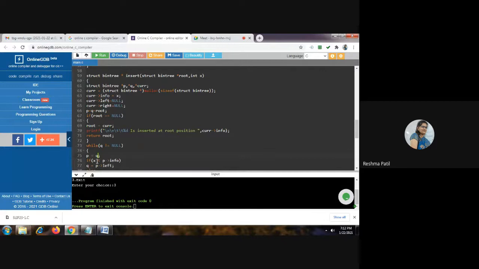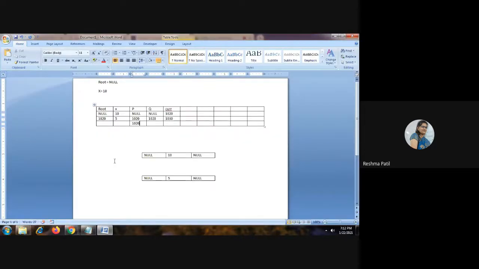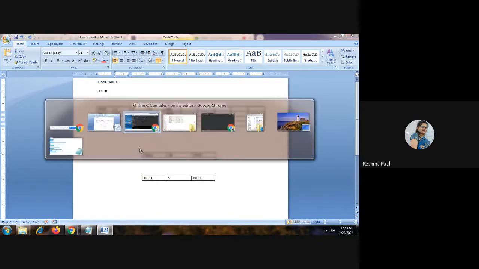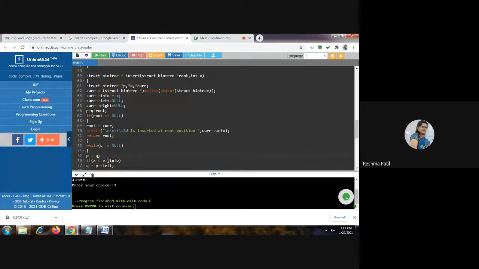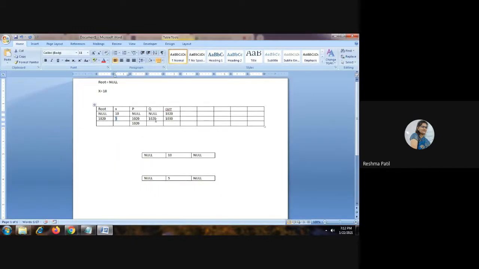If x is less than P info. What is the value of x? 5. What is the value of P info? That is 1020 info, 10. So check x is less than P info. 5 is less than P info. Yes, it is true. Q is equal to P left. Where is P now?